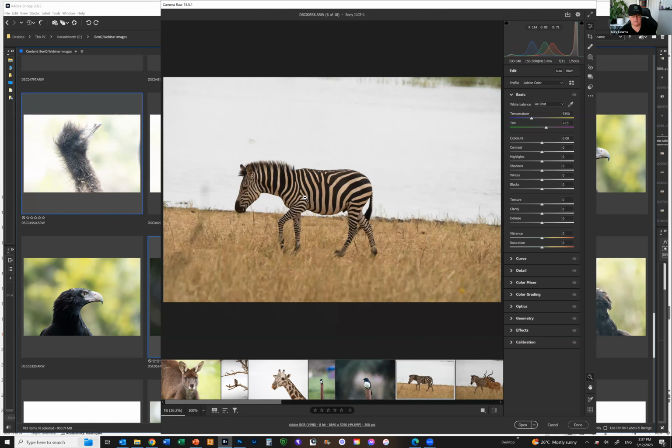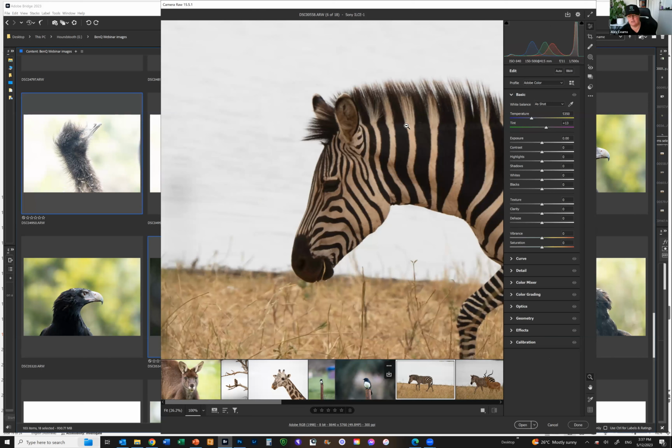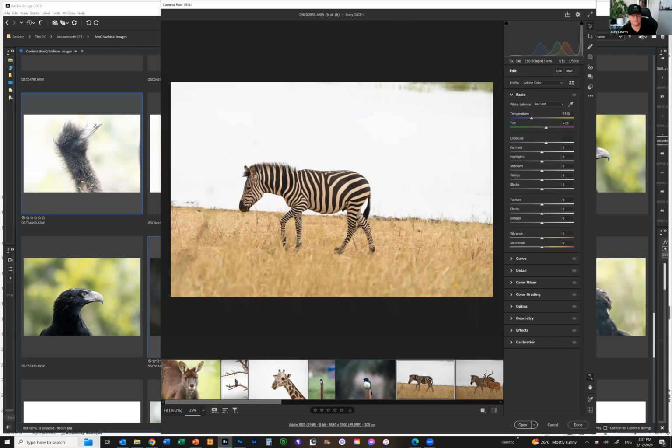The elephant's eyes are really dark. I can't see a catch light in it, which is one of the things I look for. But if I loved it and I wanted to keep it, I would firstly make it a bit brighter. So you go too far and you can just see it starts to look too washed out. So you've got to kind of keep a little bit of the contrast. And then I might just